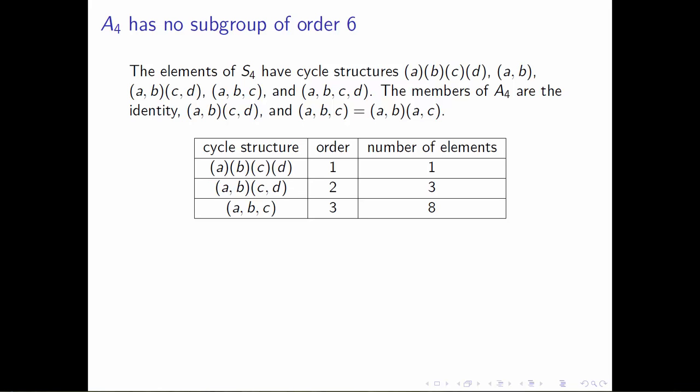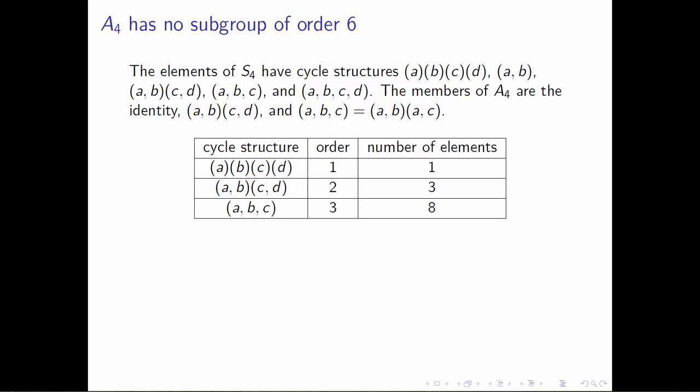In order to get a handle on what's going on in A4, let's first take a look at the elements of S4, the complete permutation group on 4 letters. And let's look at the permutations according to their cycle structures. So the first cycle structure that we have is the identity. This does happen to be an even permutation, and there's exactly one identity element in any group. Then we move on. It's possible that the cycle structure of the permutation is just a single transposition, which we're